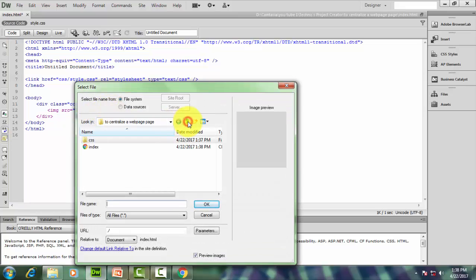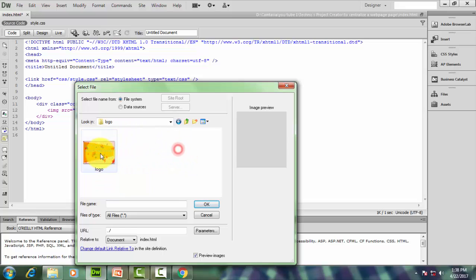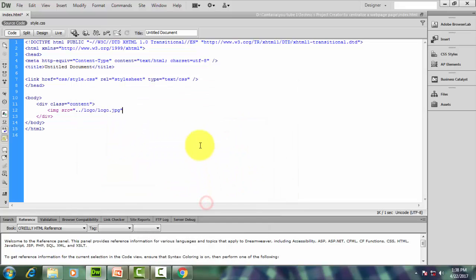We are taking the source from any kind of picture you can give here, say this one. Okay, so let's take it, and alt is for an alternate purpose. Now for this time, just leave it blank, and close it in this manner. Save this file